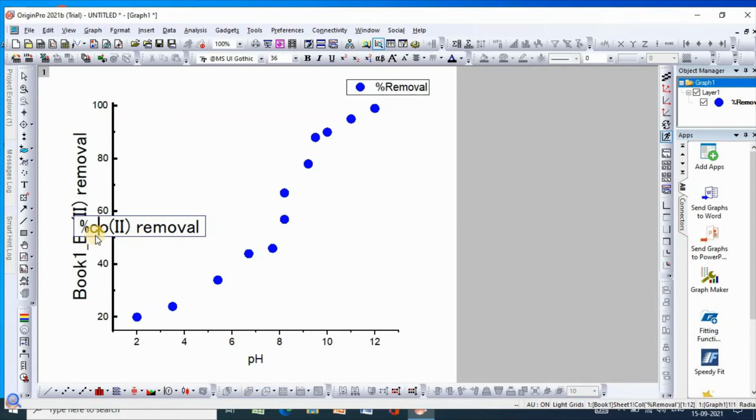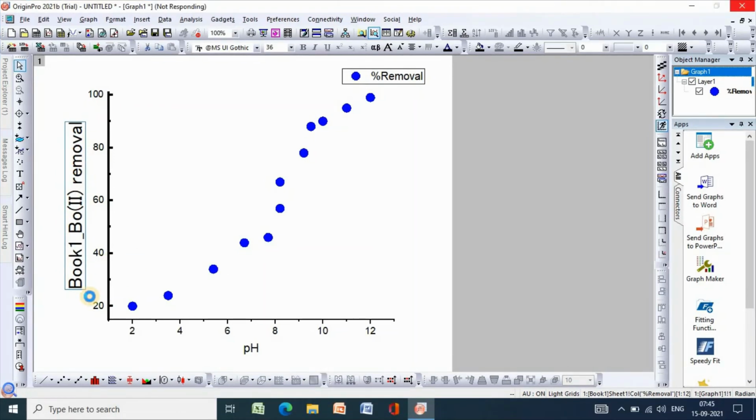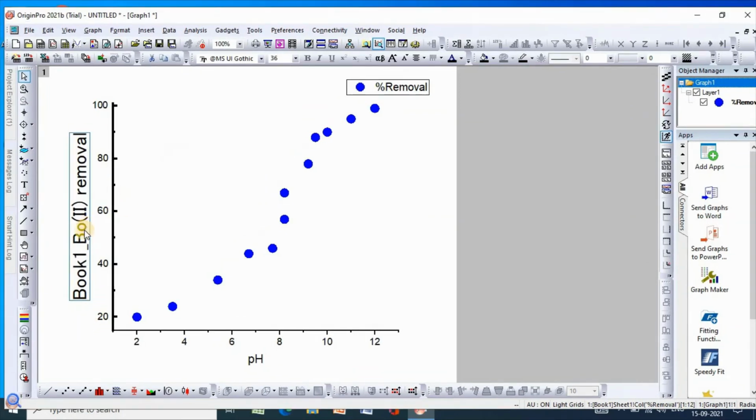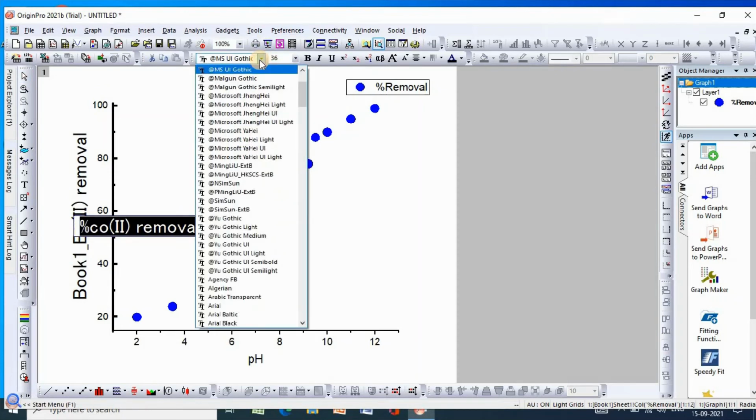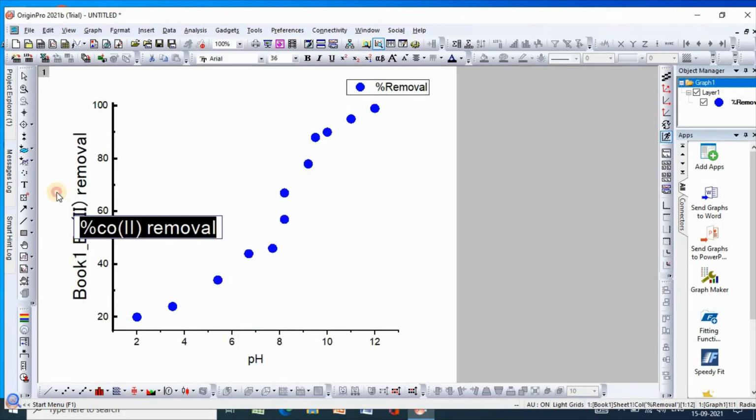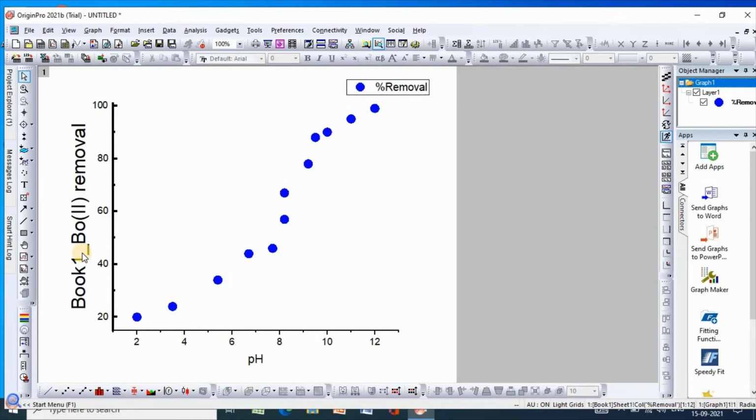For example, I'll make it cobalt removal, and make it Arial. So similarly you can edit